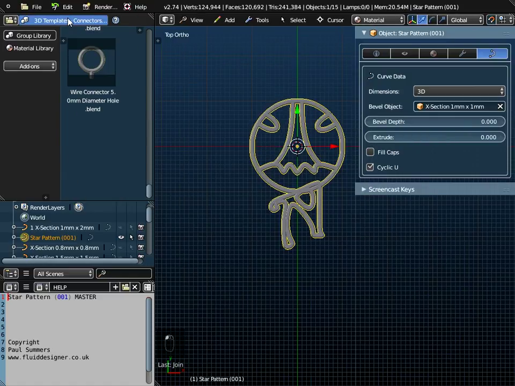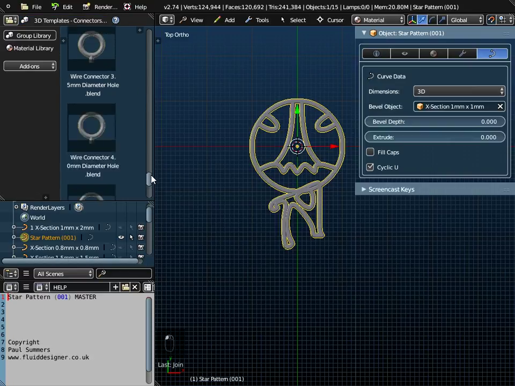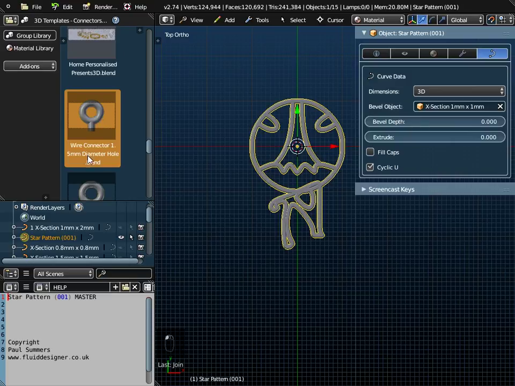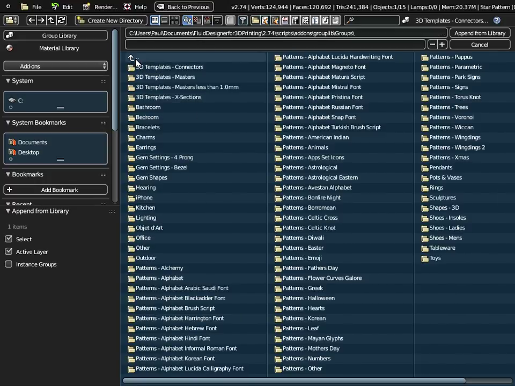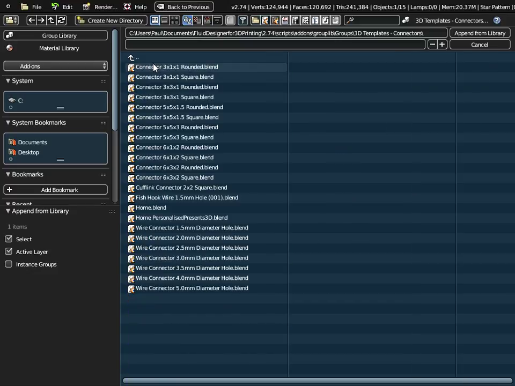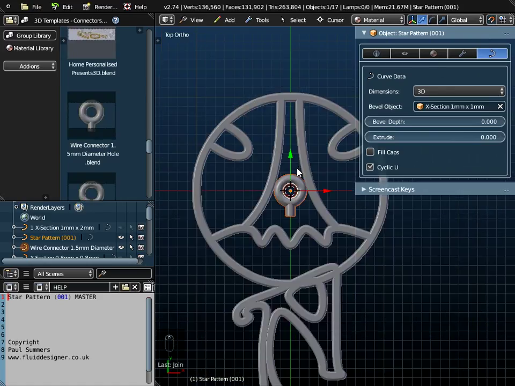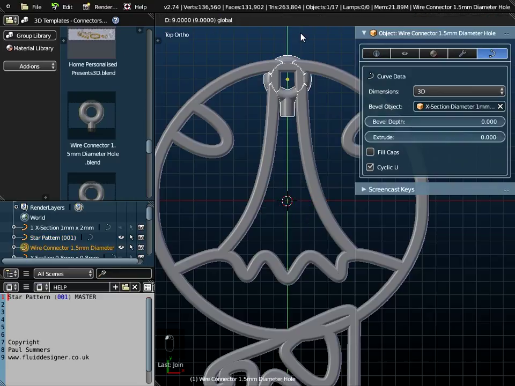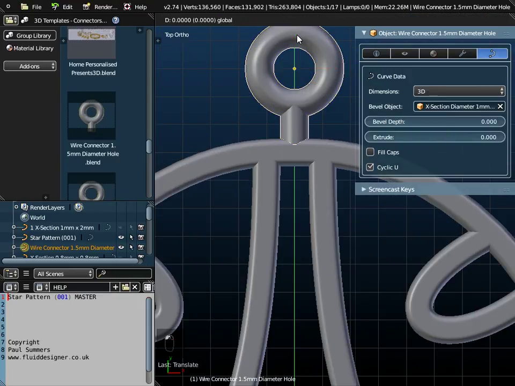So now what I want is a connector, so that's in the 3D templates connectors folder, and I'm going to use this one here with a 1.5mm diameter hole. So I go to File and Append, just go up through the menu system until you get to the Groups folder, go to 3D templates connectors. I'm going to use the wire connector with a 1.5mm diameter hole, and you just append that from the library. And I'm just scrolling the center mouse button to zoom in here and just pull that object up,